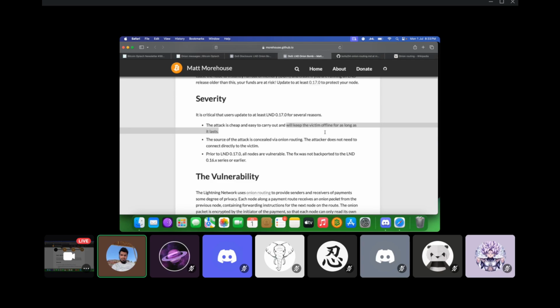So your channel partners can cheat you by furnishing an old, expired state of the Lightning channel, thereby robbing you of your funds if your Lightning node is not online. So it's very important that whoever's running a Lightning node and establishing a Lightning channel through that node needs to be online all the time to catch anybody who's trying to cheat them and furnish a revoked commitment transaction. This is another reason why this attack is so severe, because it's very easy and very cheap to perform, and your Lightning channel partners can rob you of all the sats that you owe them in the channel by furnishing a revoked commitment transaction which has an old and stagnant state of the channel.